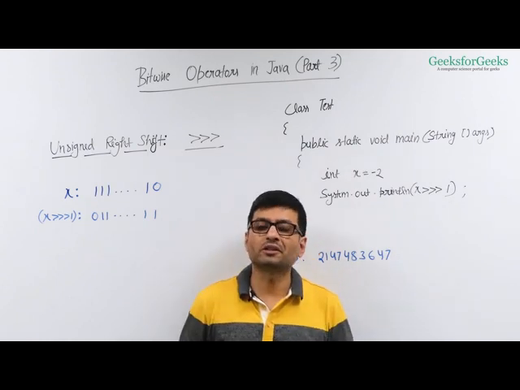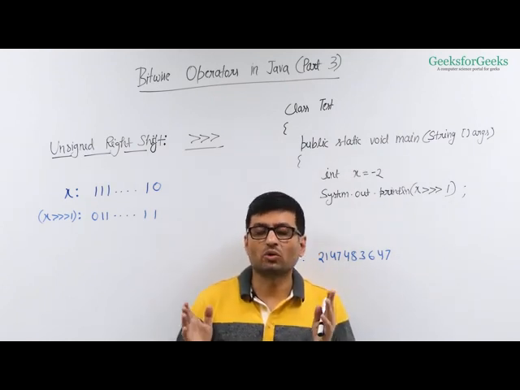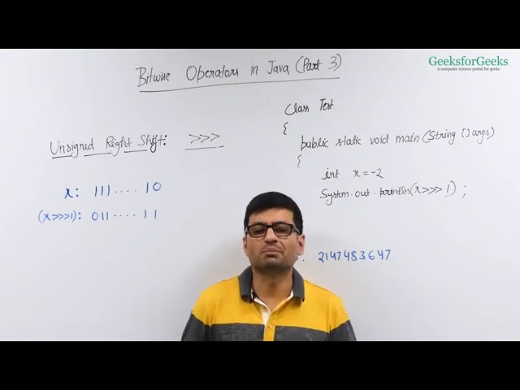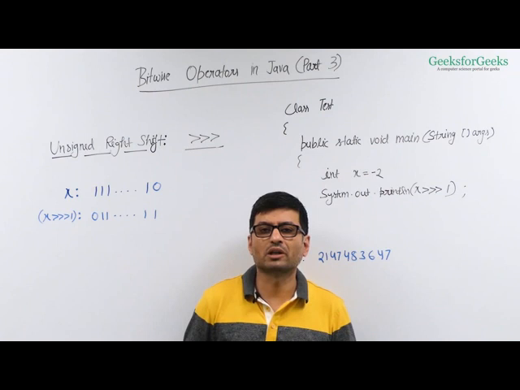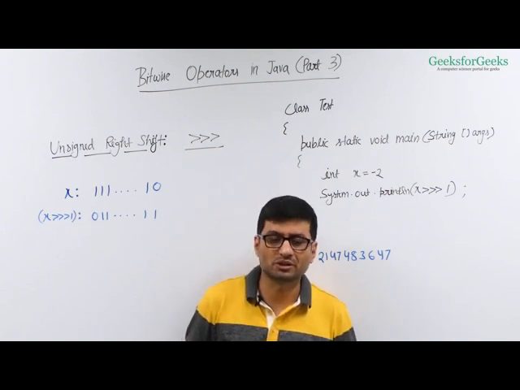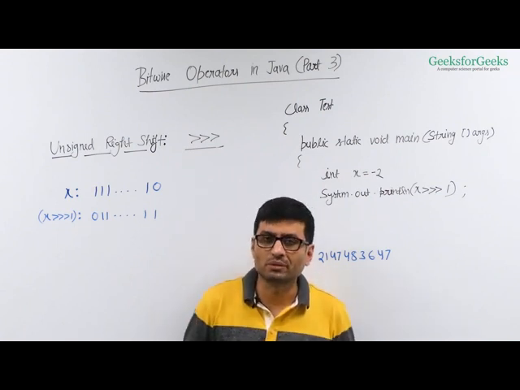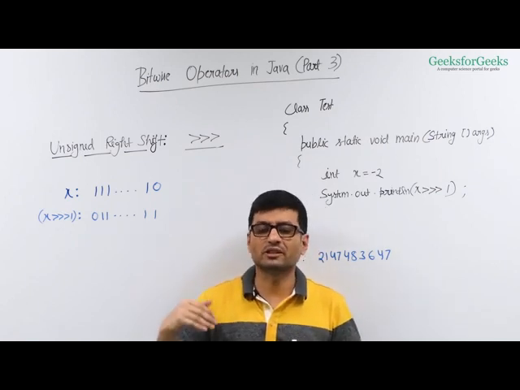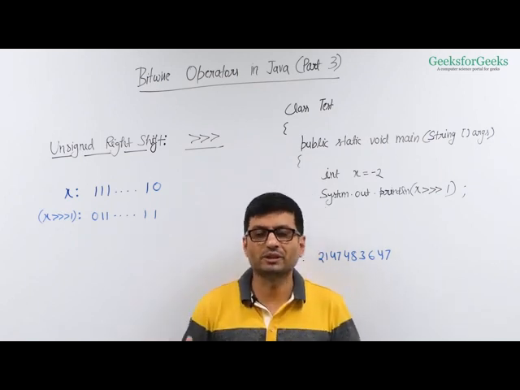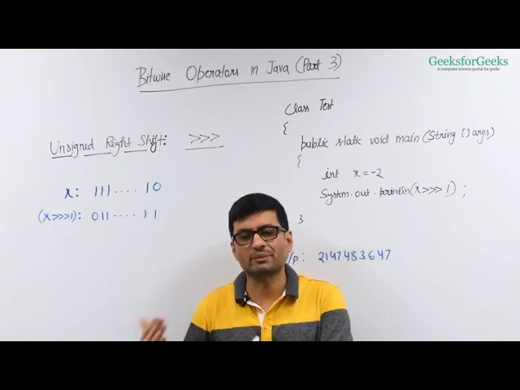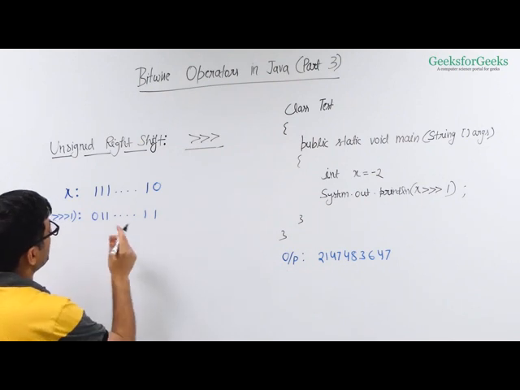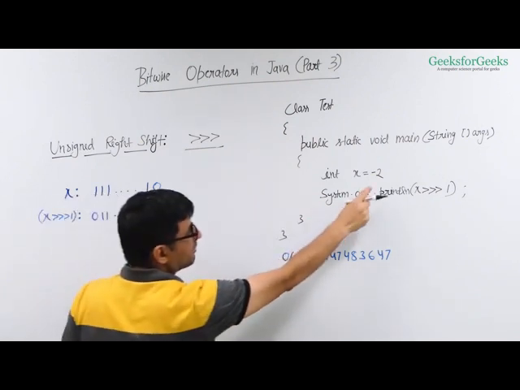Also, one more thing, this difference is only there for negative numbers. For positive numbers, they both fill with 0 and they work the same way. They get you the same result. But when you have negative numbers, then this previous right shift is filling ones and this right shift fills zeros. It basically considers negative also same as positives. So let's see what happens here. We have this x equal to minus 2,